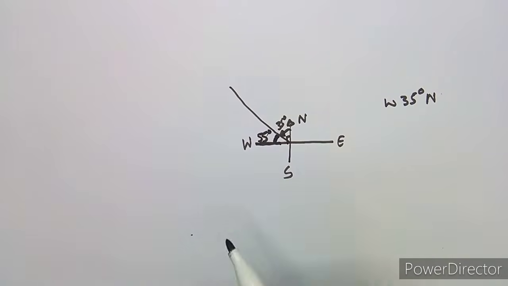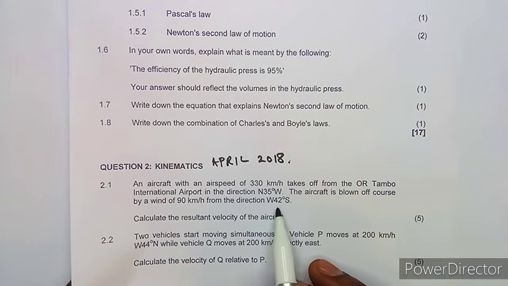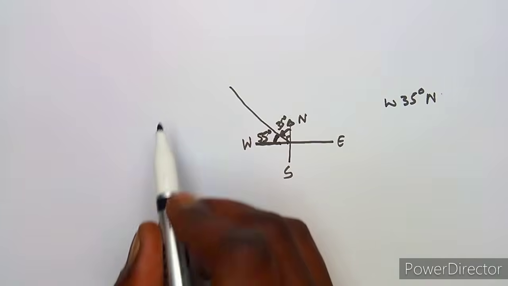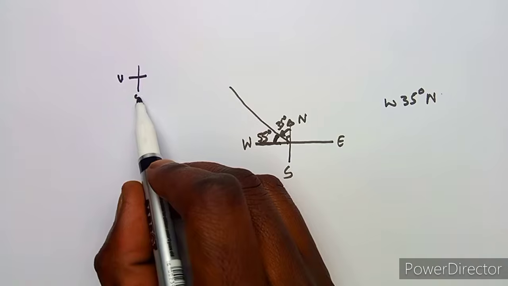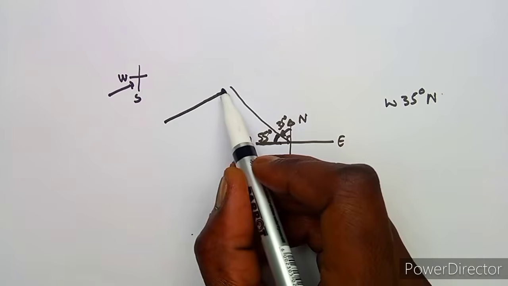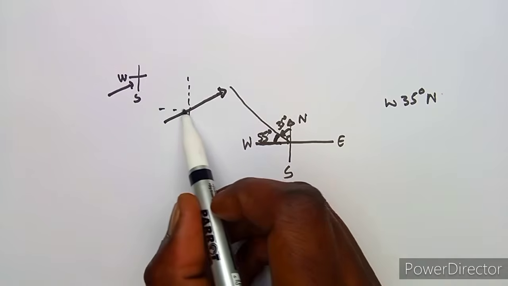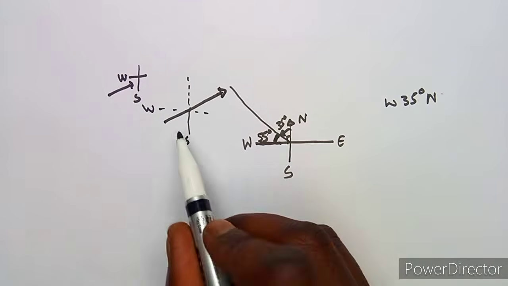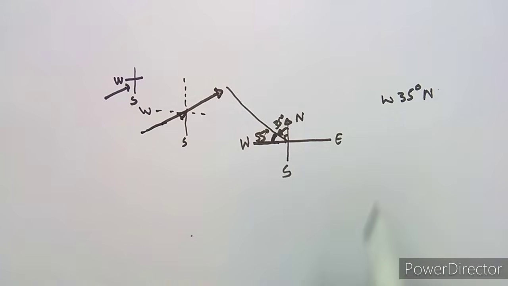Then there is a wind that is blowing, and it is west 42 degrees to the south, which means we can have something like this. This is our west and this is our south. So this wind is going in this way. Sorry for that, guys. As we know, this is your west, this is your south. This wind is going in this direction, so definitely it is going to extend its course to affect the aeroplane. Our diagram is going to look like this.